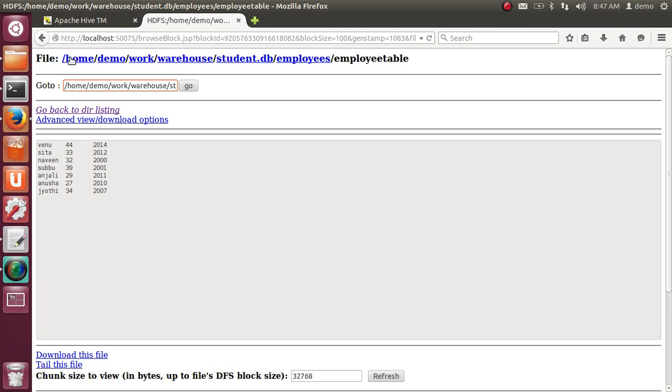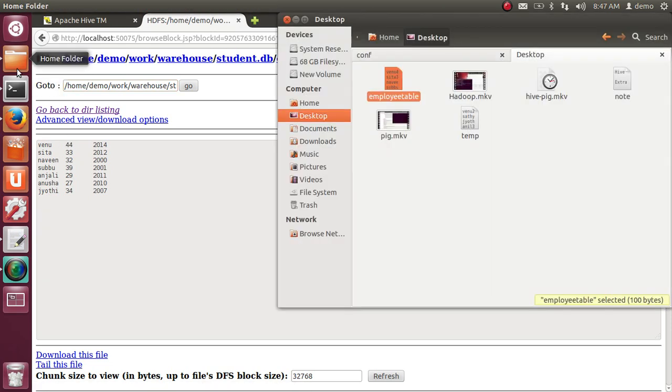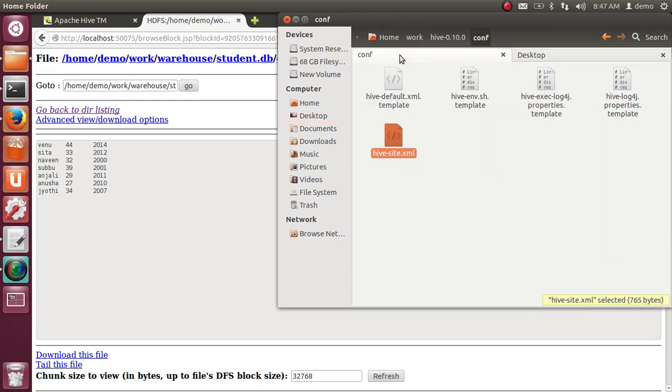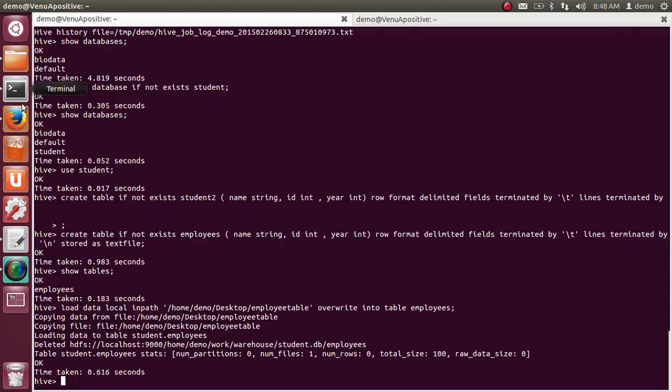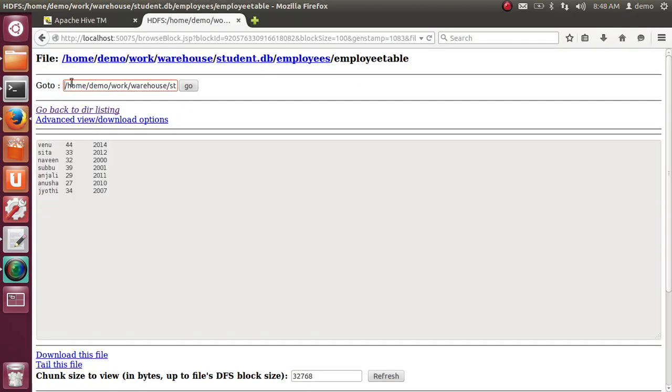Why it is storing like this, now I will explain. Home, demo, work, data warehouse. That's why it is taking home, demo.